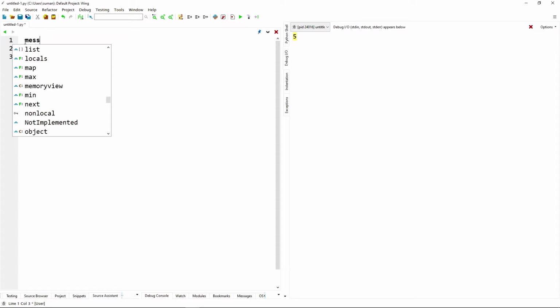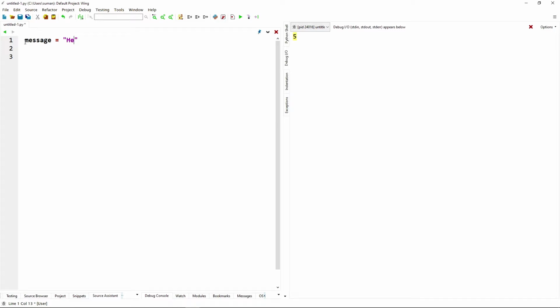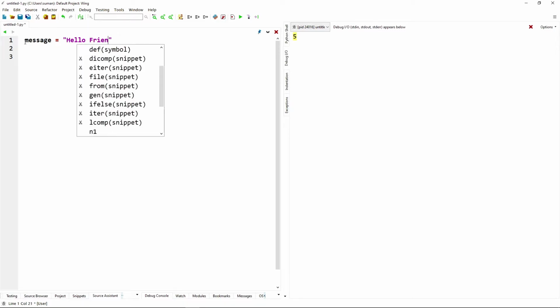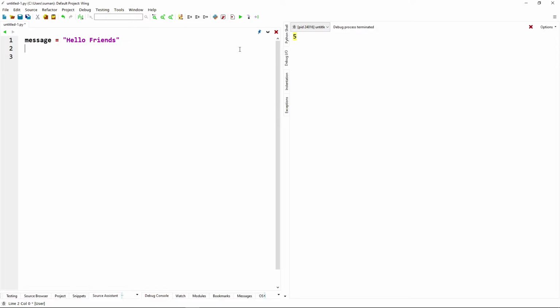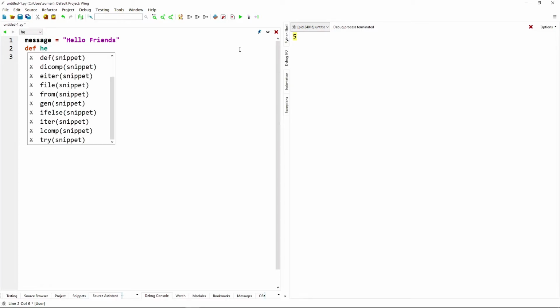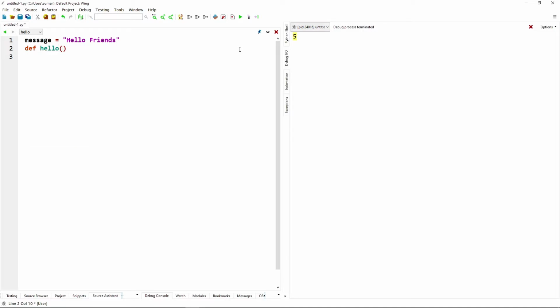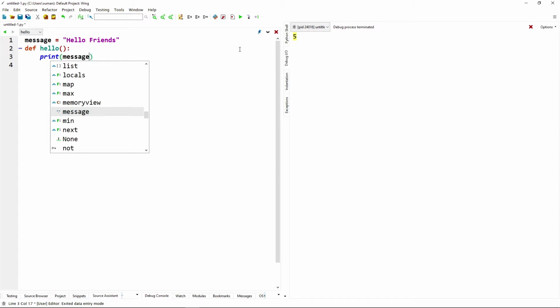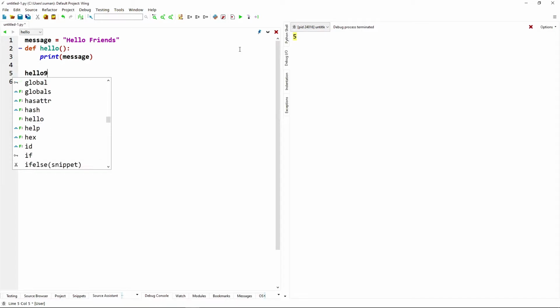We have a variable message, and that one is hello friends. Then we are defining a function, that is hello: print message, and we are calling the hello function.